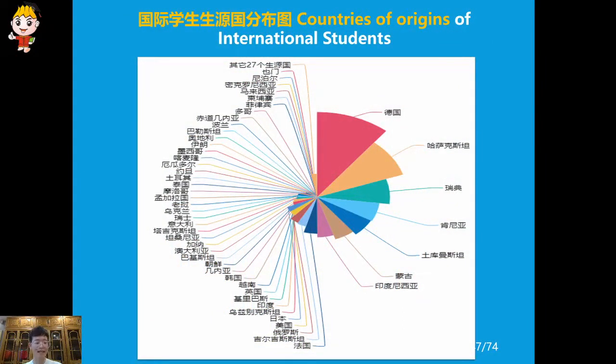The rose diagram depicts the countries of origin of our international students, and the percentage of students who come from Germany, Kazakhstan, Sweden, Kenya, Turkmenistan, and Mongolia was higher, which accounts for half of them in accordance with data we collected.